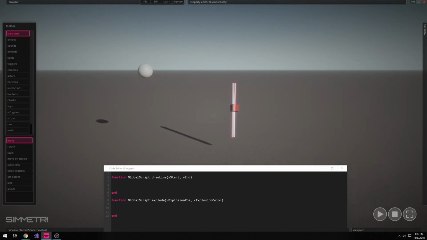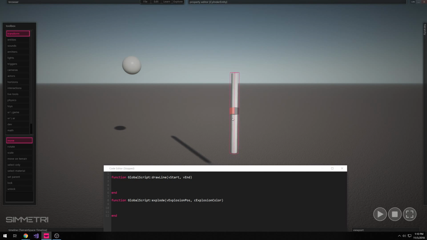By default, when we create a cylinder, a couple of things happen. Its center point acts as its position. So if we were to say set world position to the start position of our line, it would put the center of our cylinder as the starting position, which we don't want. We want the bottom of the cylinder to be the starting position,